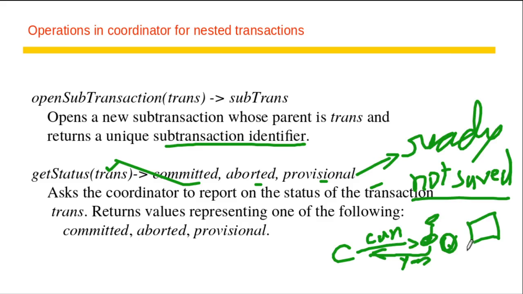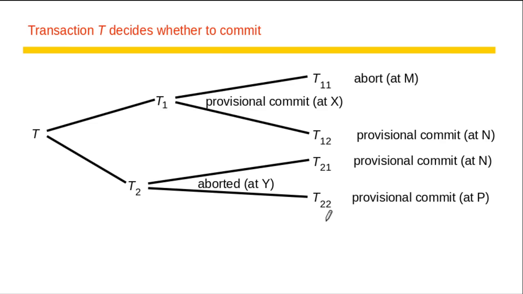But still, this provisional means that it is ready to commit. All the operations that have to be done, it has performed, but it has not saved them in permanent storage. So these are the three statuses that it can return. Suppose there is an example, we have seen this, and here